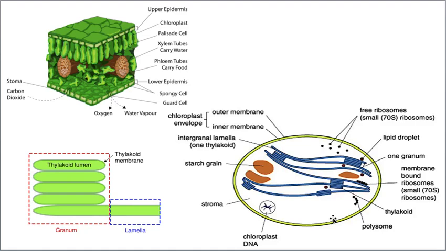consists of double membranous cell organelles, and also single membranous cell organelles, and also amembranous cell organelles. Double membranous cell organelles means the cell organelles which are covered by two membranes, that means outer membrane and inner membrane. Unimembranous cell organelles means the cell organelles covered by only one layer, that means endoplasmic reticulum, lysosomes, vacuoles. They don't have two membranes, that's why they are called unimembranous cell organelles.